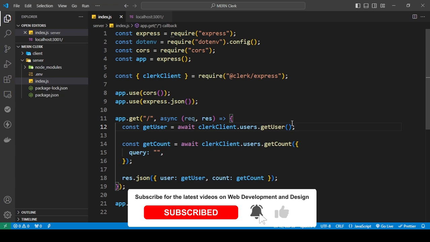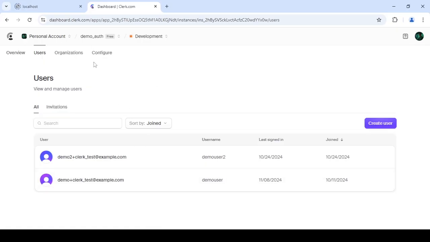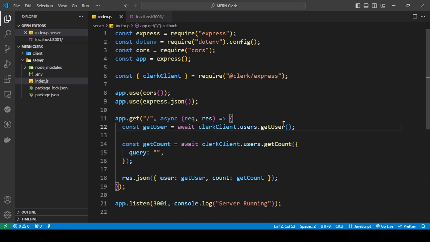So where can you go to get this ID, right? If you were using something like getUser list, you could get the ID from that and then put it in this. But I'm gonna go and fetch an ID manually. So this is my Clerk dashboard. I'm just gonna choose one of these and just copy the ID. The IDs usually have something like this in the start, so just get that. So I've copied it and I'm gonna put it into this,